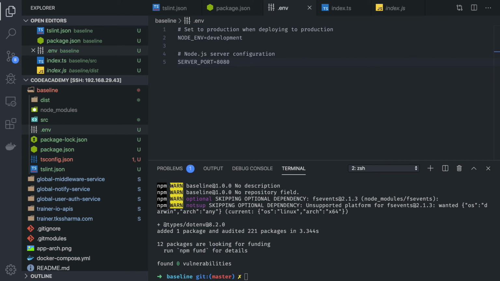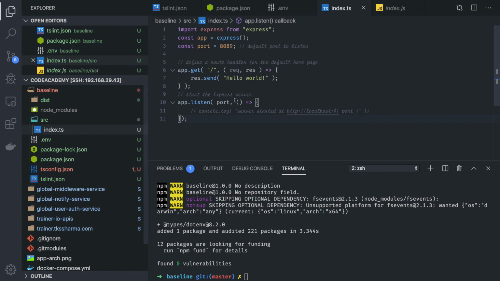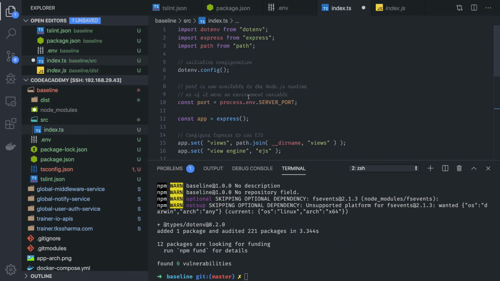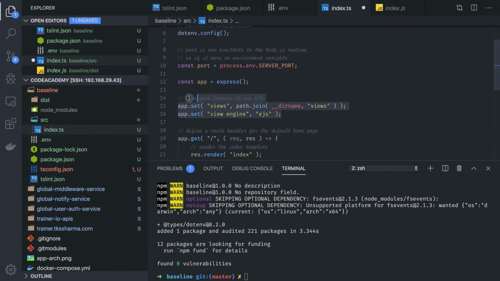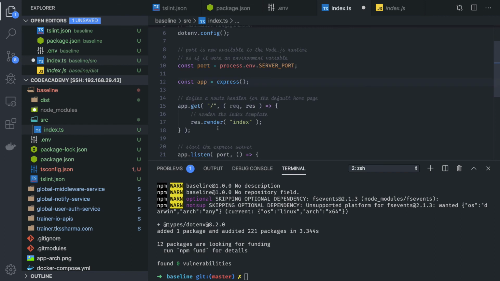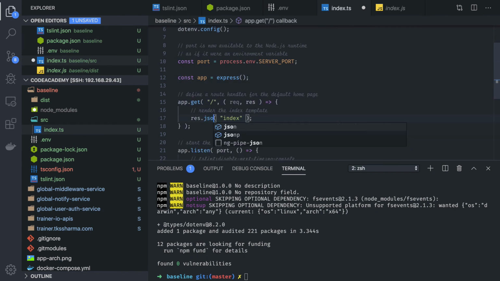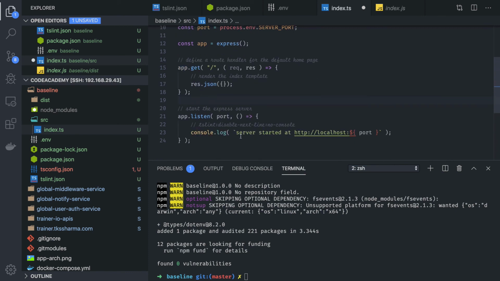So now our server will look different. Let's change the code to use some TypeScript features. Okay, we are not using view engine, so we'll replace it. Response.json. Okay, and we are listening to this port. Okay, I think build will complain for this.